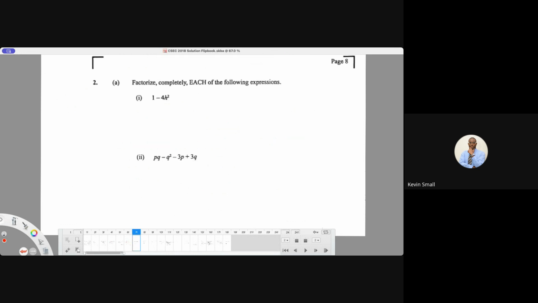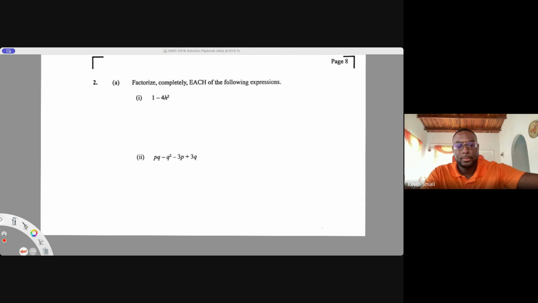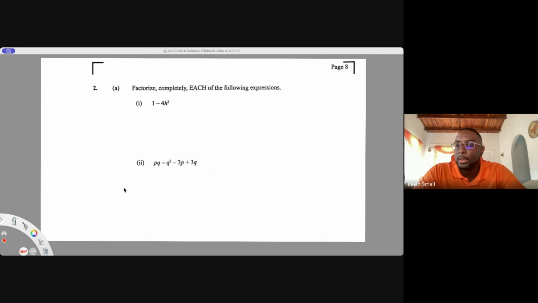All right, so these questions here, I'm hoping no one got tripped up on them. The first one is a perfect square, so you know that those have a standard answer. And number two is what we call factorization by grouping. You draw a line down the middle, you group the left-hand side separate from the right-hand side, and that is how we go about solving these particular questions. Okay, so